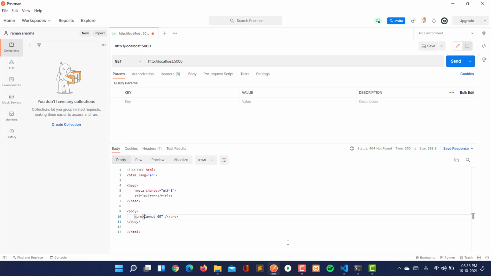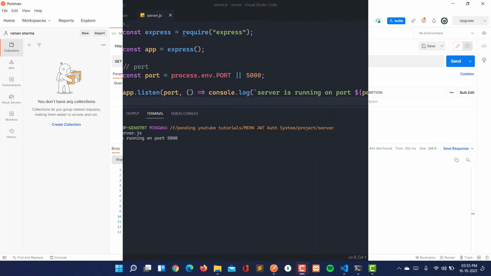So let's now create that route here, slash route, and test this in Postman.